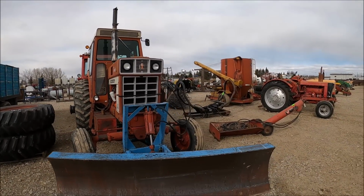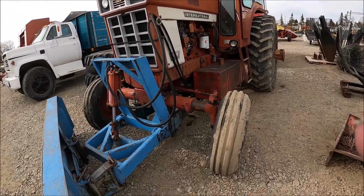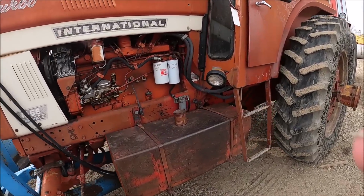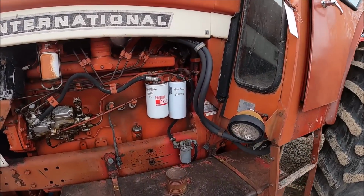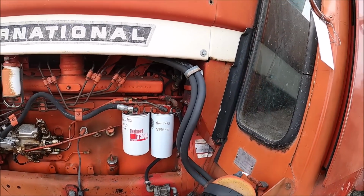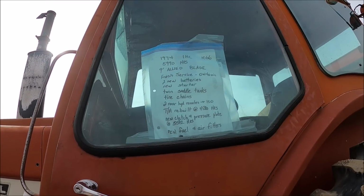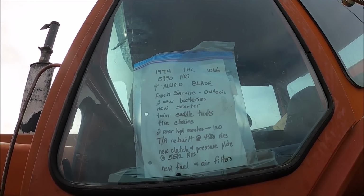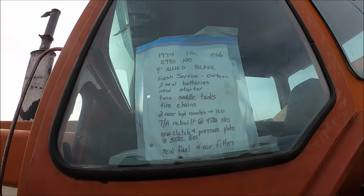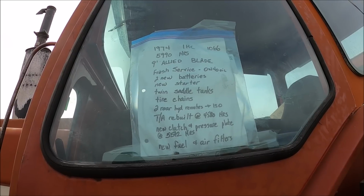Here's a 1066. Looks like it's got an Allied front blade on it for pushing snow. Got saddle tanks on it. 45,404, so this is either a 74 or 75. It says 74. Oh, look at this. 5,990 hours, fresh service, 40 oil, 2 new batteries, new starter, twin cell tanks, tire chains, two rear high mount hydraulic remotes,